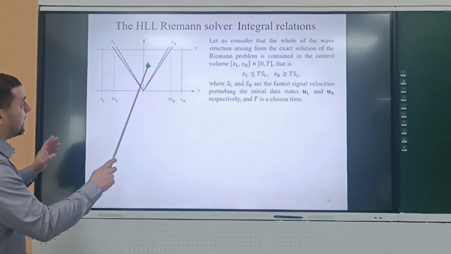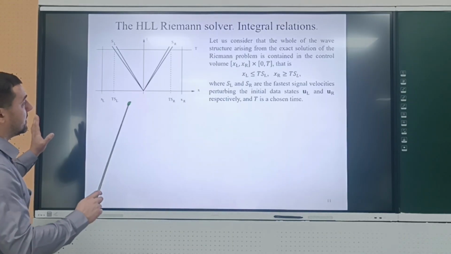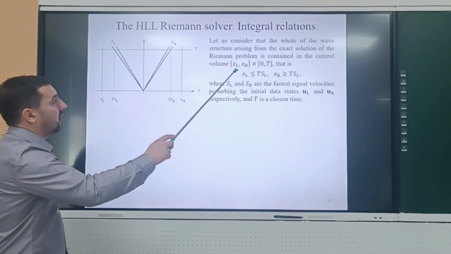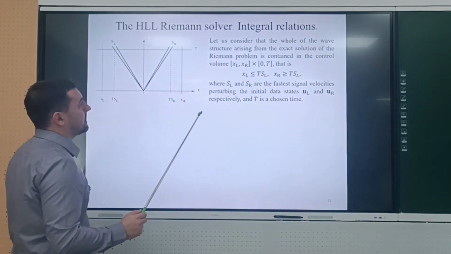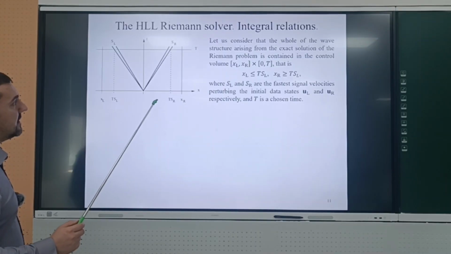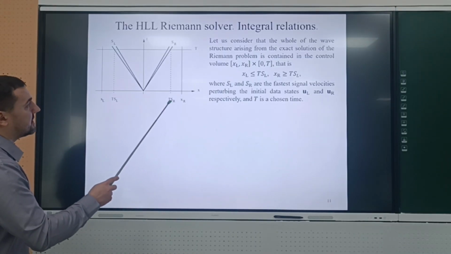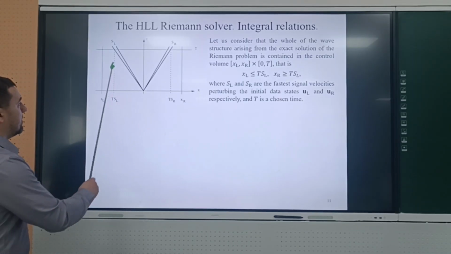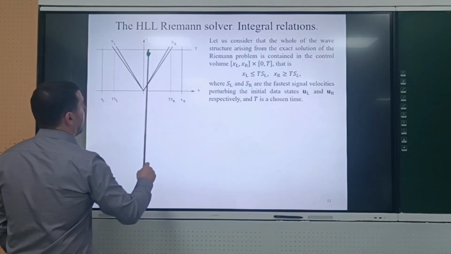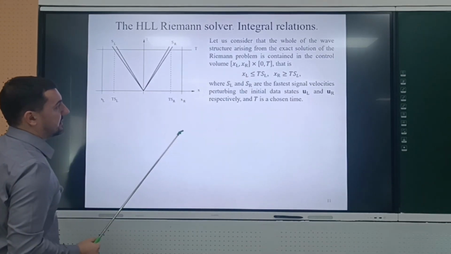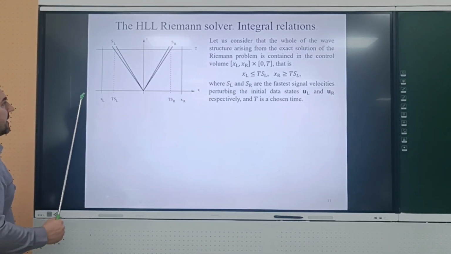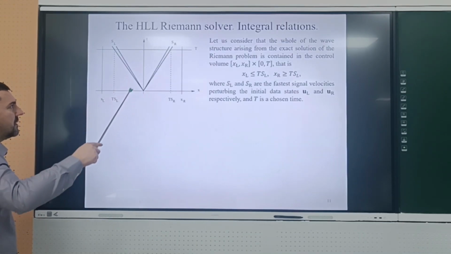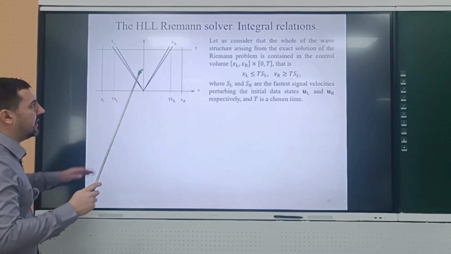So it's not the computational cell, it's just the Riemann problem. Suppose we have the Riemann problem, left state, right state. Let us consider that the whole of the wave structure arising from the exact solution of the Riemann problem is contained in the control volume XL, XR, 0T. For example, let's choose some boundaries XL, XR, and let's choose some time instant T. And suppose that all this wave structure with shock waves or maybe rarefaction waves or whatever is inside